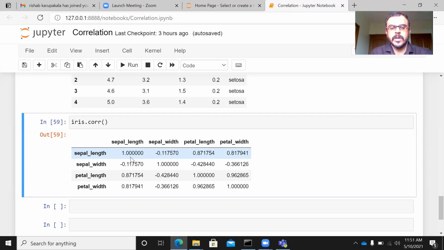Let's look at this particular correlation table. The diagonal elements that you can see here will always be 1, because the diagonal elements report the correlation between the same two variables, sepal length and sepal length, right? So it will obviously be 1. But if you look at the off-diagonal elements, the upper triangle, this gives you the correlation between sepal length and sepal width. It says